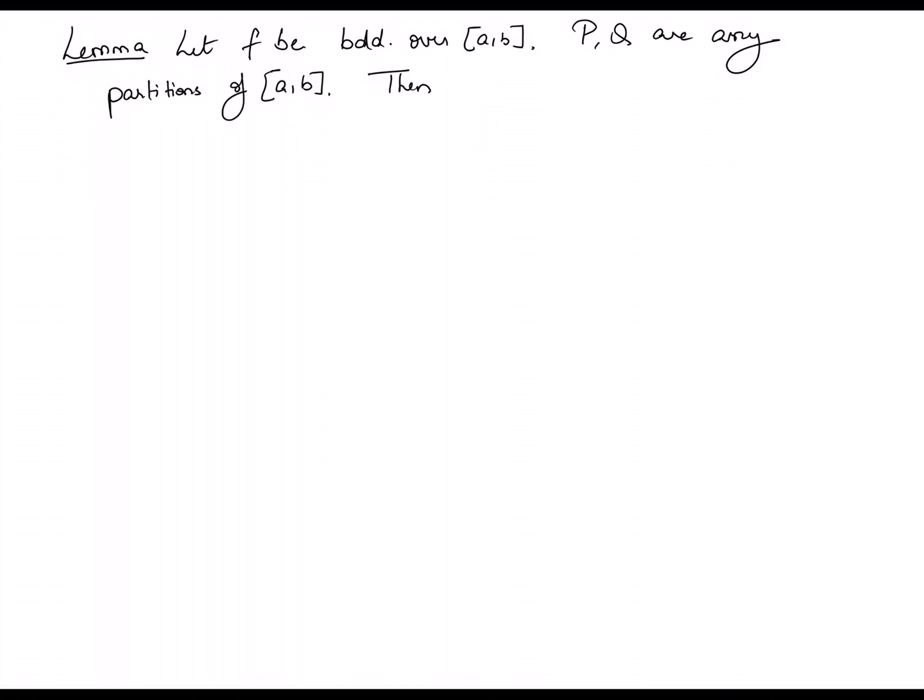Then in fact L of f,P is less than or equal to U of f,Q. Okay, now I'm not imposing anymore the condition that P and Q are related in any manner,